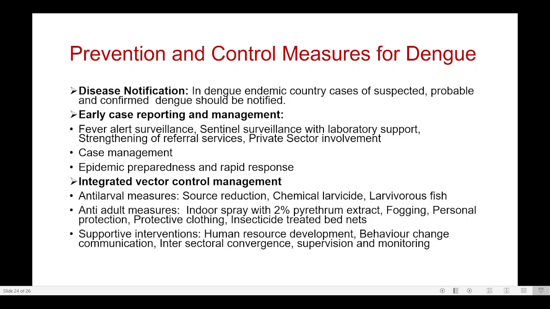Other supportive interventions are the development of human resources. 15 apex institutions have been identified where there is strong lab system support, quality control, and proper management of dengue, and in every district there is sentinel surveillance with lab support. Another important thing is behavior change communication,